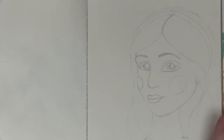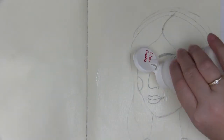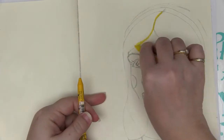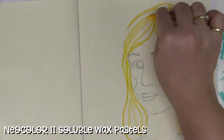Now comes the fun part. So what I'm going to do is put some clear gesso over my page, and that will sort of set the pencil in place, so I can then work over the top of it but make changes if I want to while still seeing the pencil. Alright, so the next thing I'm going to do is grab some Neocolor 2 soluble wax pastels, and these are